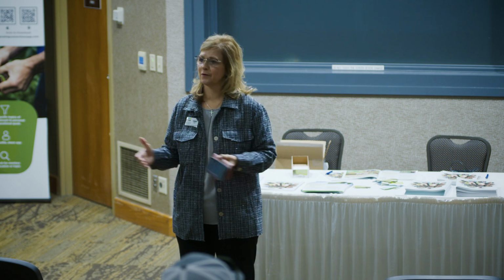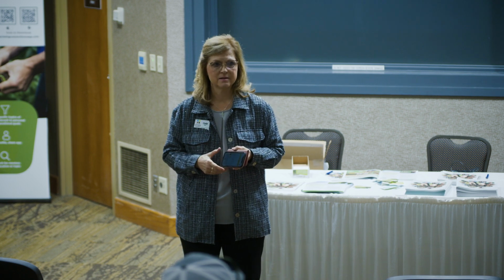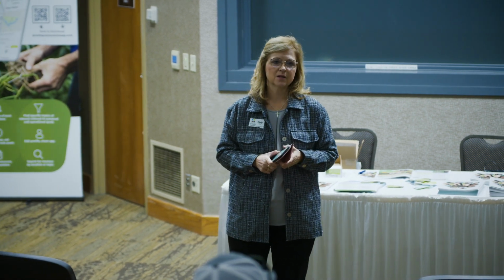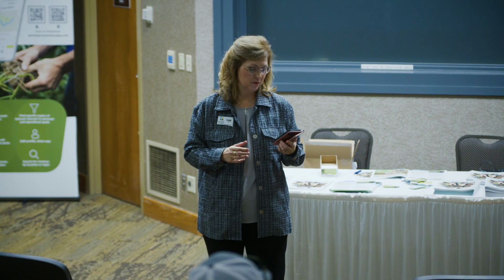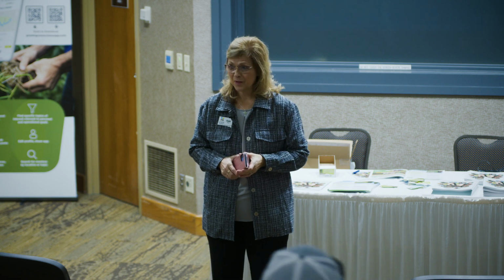That's our goal. I also tell people when I encourage them to download it that this is their livelihood. They may be planting 24 hours a day and in the field. They will answer it as soon as they can. But that's our goal, because it's quick and easy, it doesn't take them long, but it does take them away from what their job is too. So as soon as more SDSU Extension people get on and